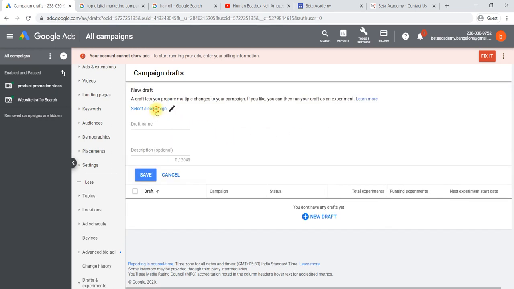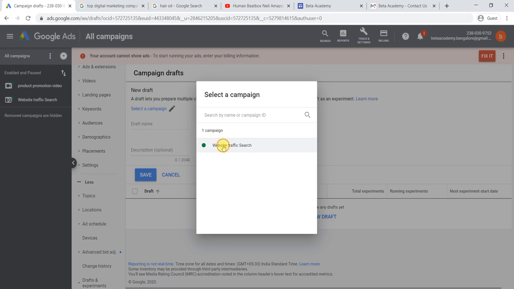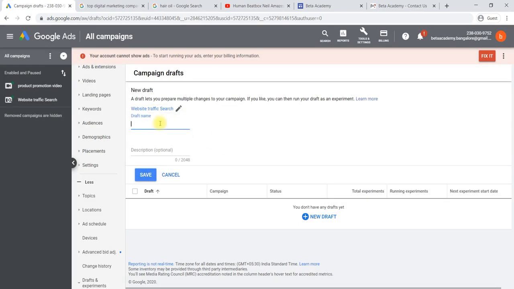Select a campaign. Draft name: in the sense, you are just creating a draft and checking it against the original campaign. Like that you can also create a draft and check, and you can say here draft text, then save.